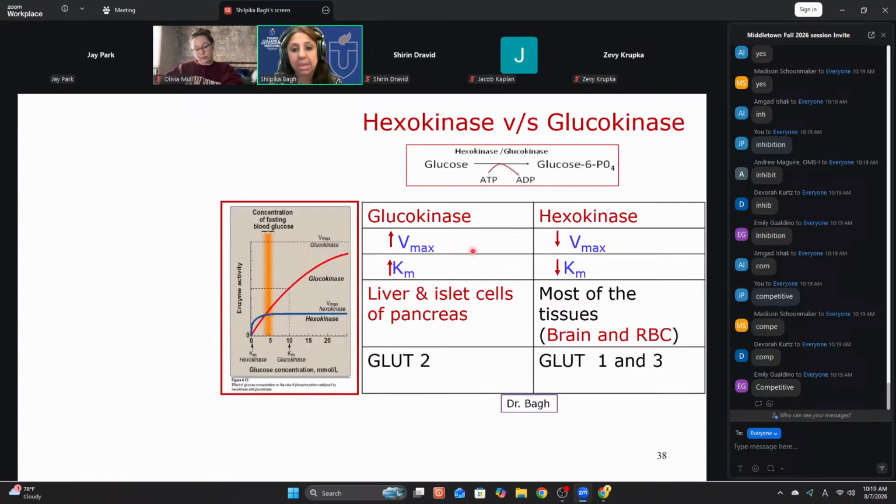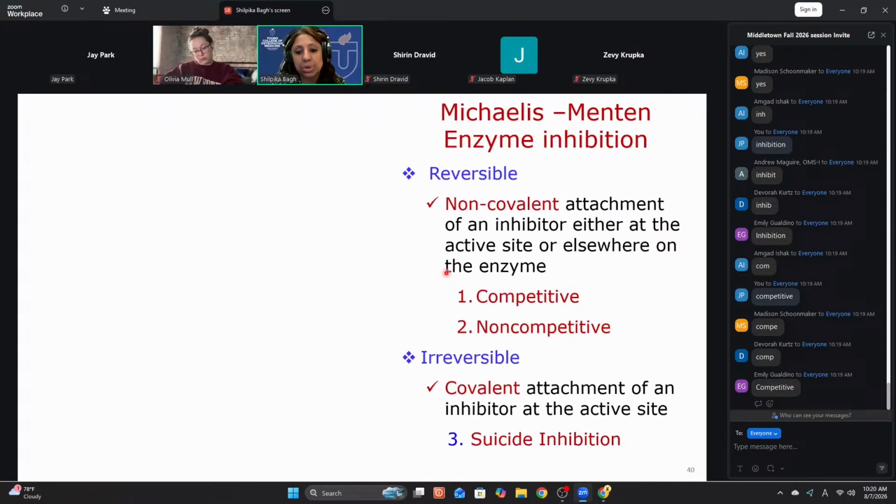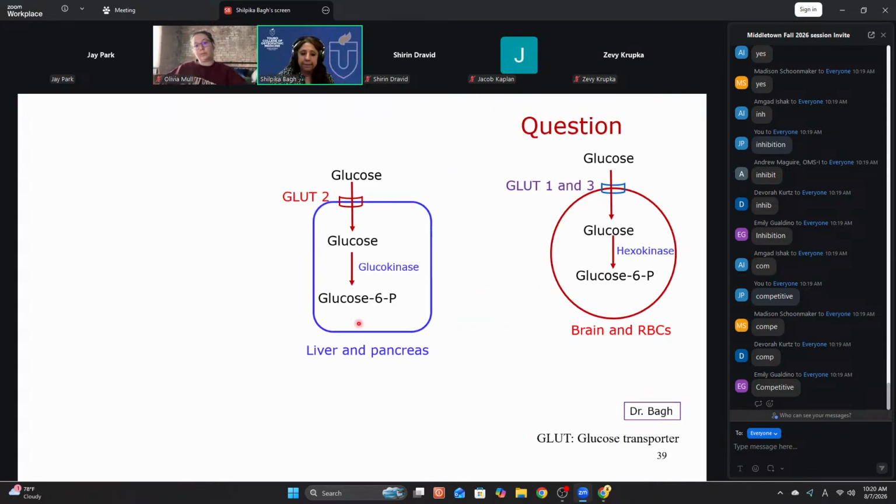I like that. You know glucokinase and hexokinase. Now, students are very confused with that. Please see the reactions. All these will come in foundation too. You have to go mechanistic. So let's see how you will memorize glucokinase versus hexokinase. Now tell me, glucokinase is in liver and pancreas, right?